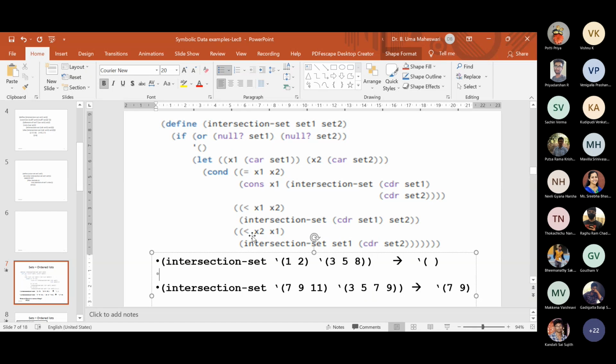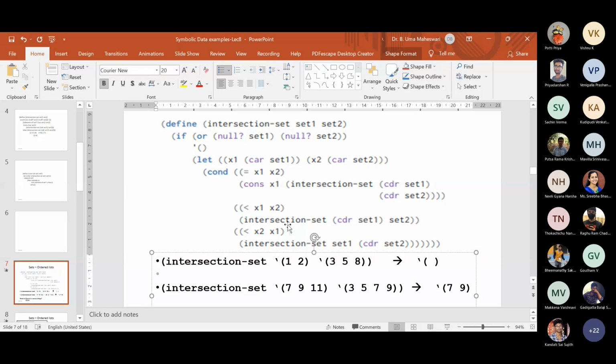So if you look here, the condition is that X2 is greater than X1. And here, sorry, X1 is greater than X2. Now X1 is 7 and X2 is 3, so this condition is satisfied here for this particular sample.